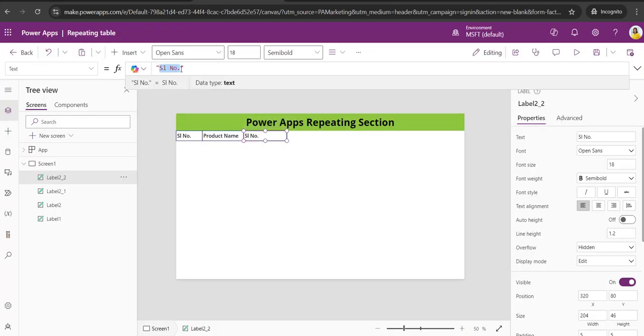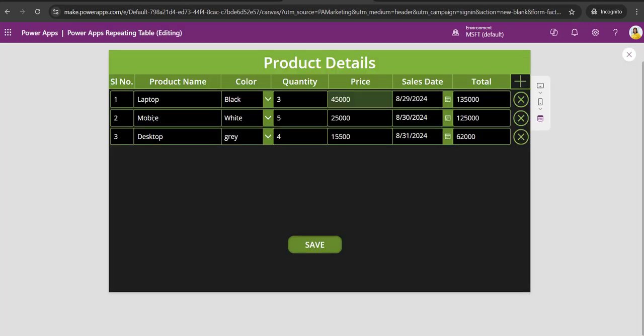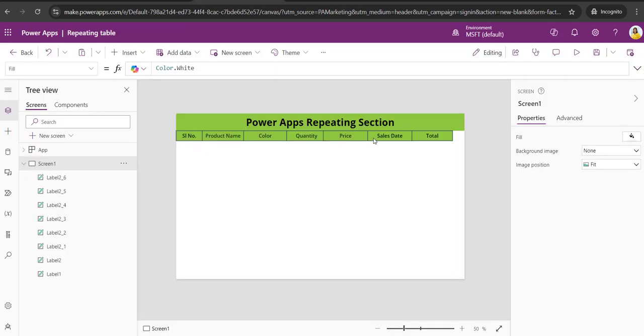So color, I will take color, and I will take quantity. So I will take a quantity column over here, and now you can see I have added all the 7 columns over here. One is serial number, creating over here the columns. It is coming as 1 2 3 like this. So for that reason, I am taking serial number, and you can take your required color, like for this background color. And here, once you created all the labels, here in the right side you can take one